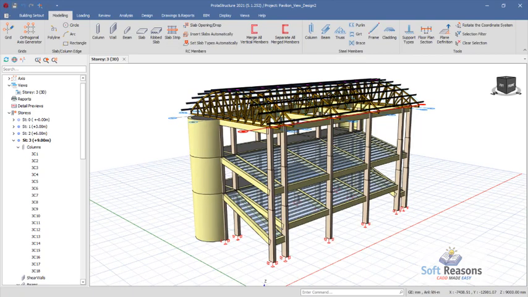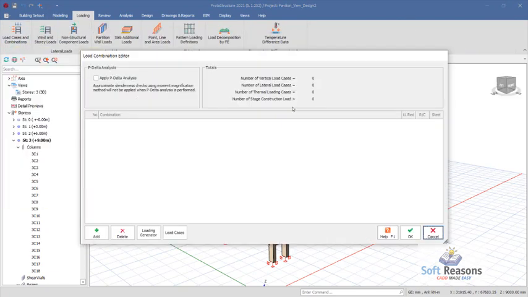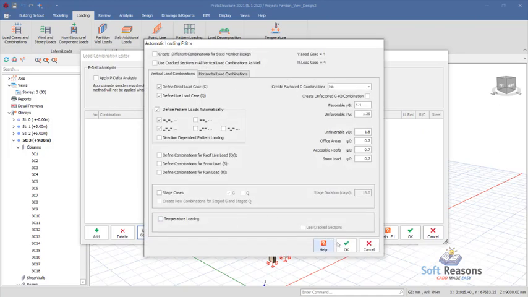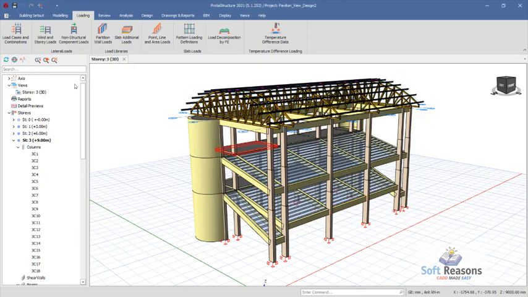Having saved the project, we will have to enable the load combination. Come to loading tab, options right there, click on the load cases and combinations. Click on the loading generator, OK options. Okay, to enable the loading combination successfully. Click on the OK options right there. And then if you want to now add the load on the polines, you can get the polines selected, and then you right click,